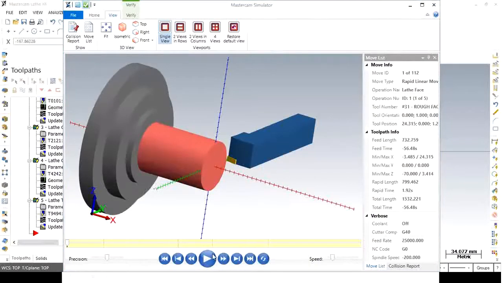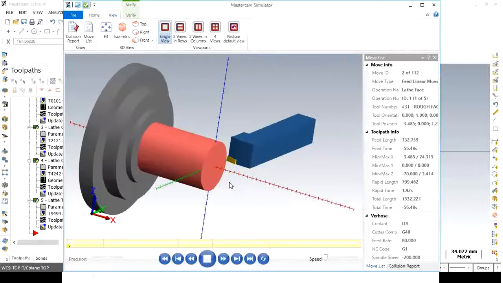By clicking on this play icon, you can again change the speed from the lowest to the maximum. So let's take the slow speed. Click on this play icon, and ensure that before playing this animation, all these operations in the toolpath manager should be selected. So all these operations are selected. So let's click on play.